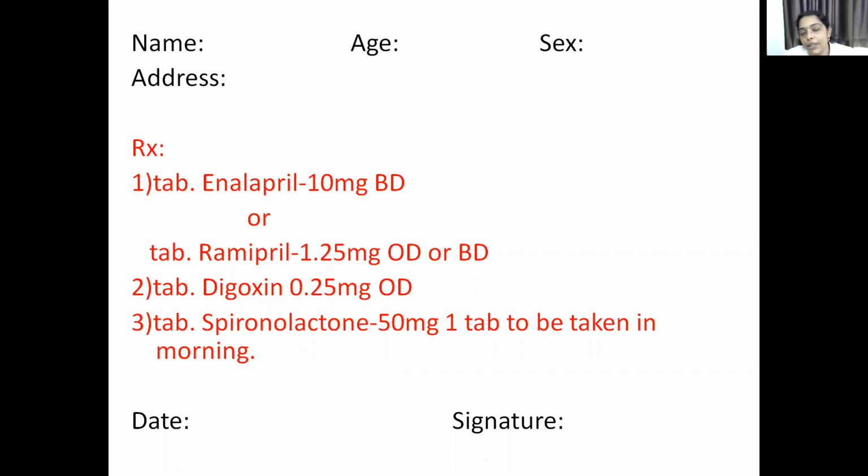So what is the disease pathology that is occurring here? Cardiac remodeling is occurring. There is hypertrophy of the heart musculature. So ACE inhibitors prevent the cardiac remodeling from occurring. So that's the reason this drug is very useful, because not only symptomatic relief, it is also preventing the cardiac remodeling. It's the same with spironolactone. See, spironolactone is a diuretic. So why do we prefer spironolactone rather than other diuretics, like loop diuretics such as furosemide and bumetanide.